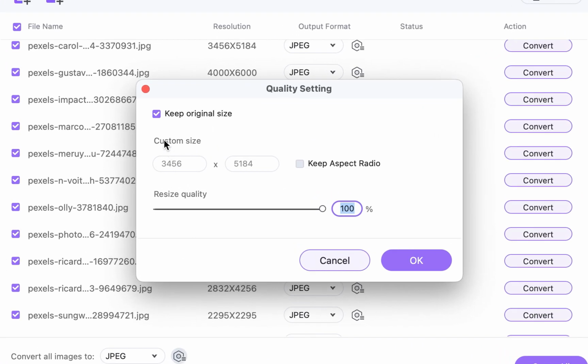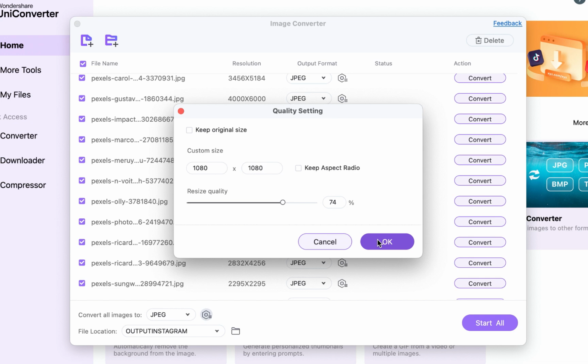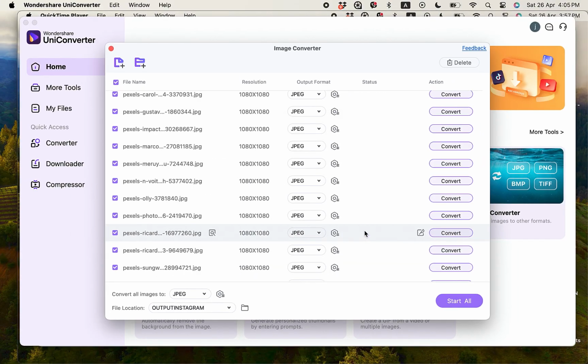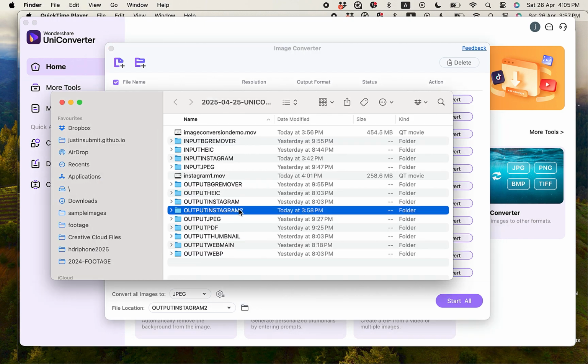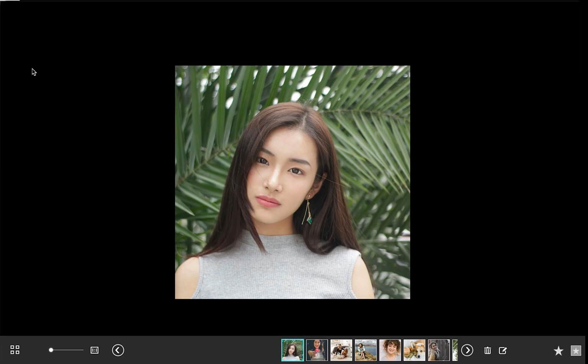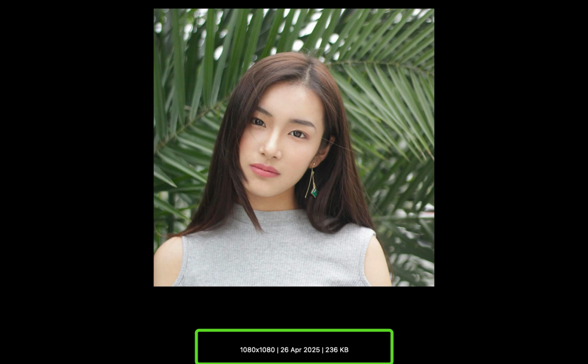I'll uncheck Keep Original Size. I'll update the height and width. I'll click Start All. And there, the processing is done. Let's view the results. As you can see, the new images are now resized exactly as specified,